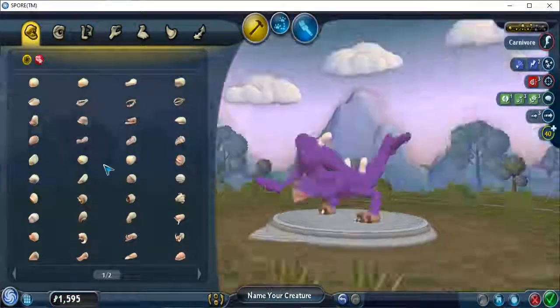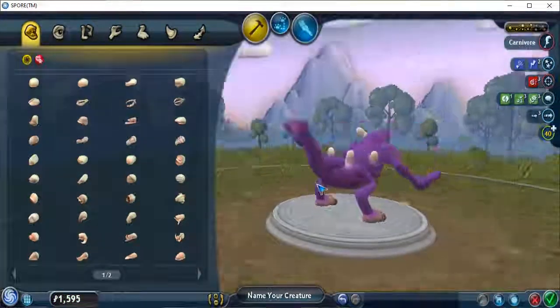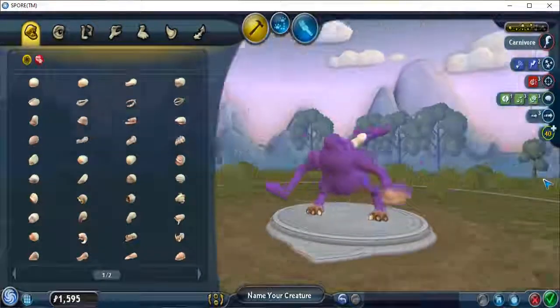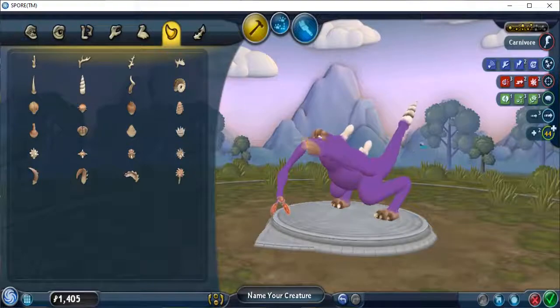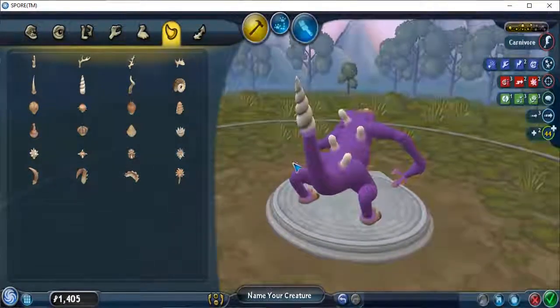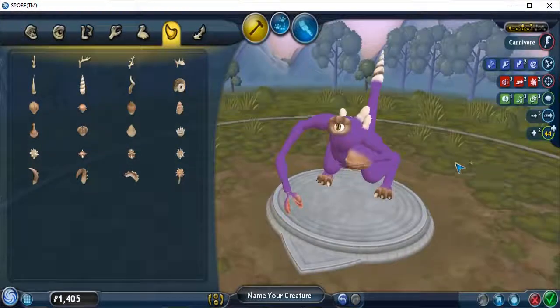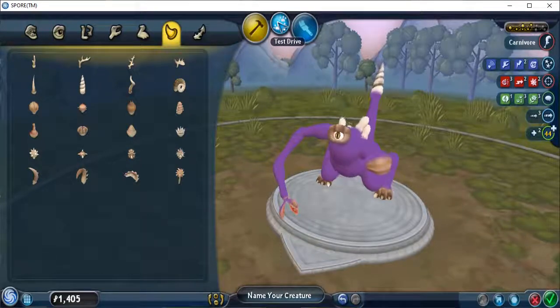That about sums it up. I'm gonna finish off this creature, then we'll come back to explore the test mode. Alright, now that I've got my fresh little freak over here, let's take him and put him into the test drive mode. Come up to the top, click the center button,